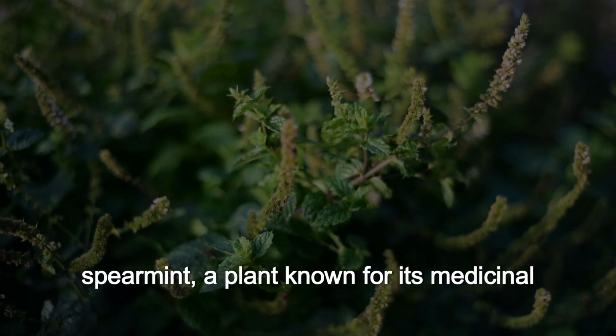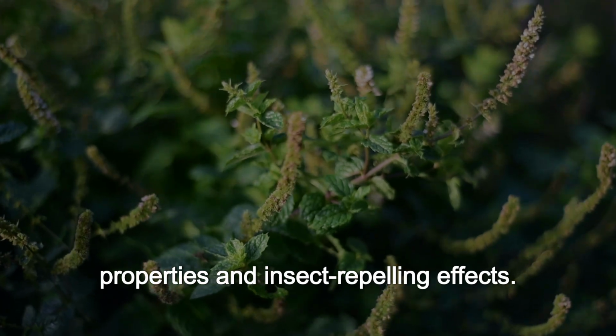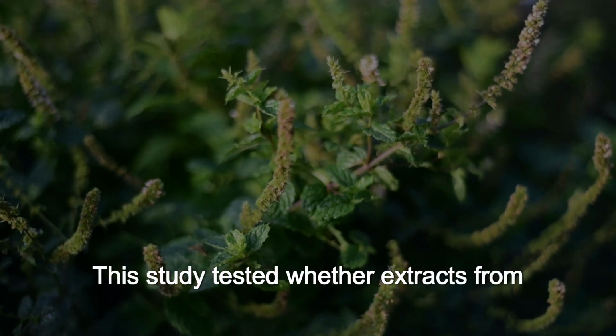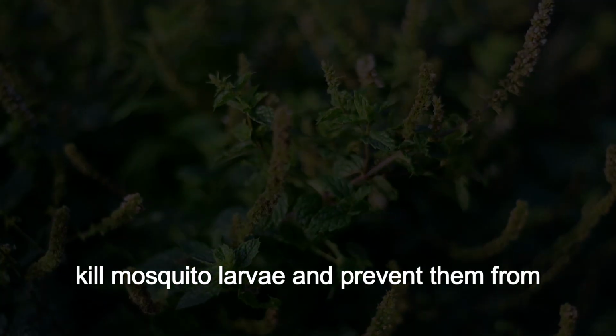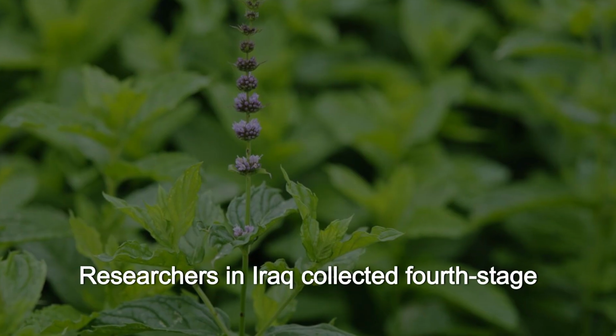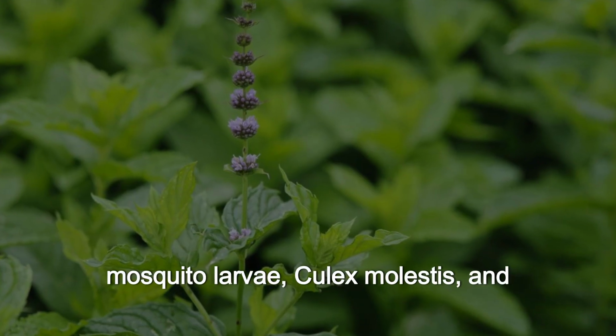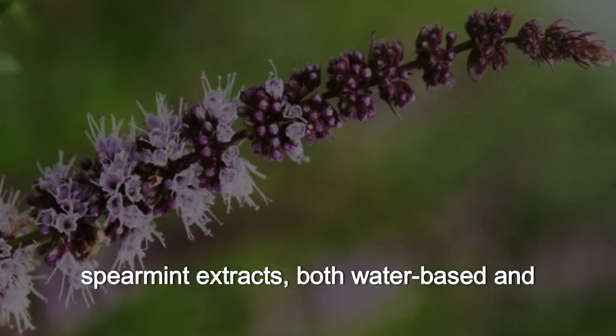One promising solution is Mentha spicata, spearmint, a plant known for its medicinal properties and insect-repelling effects. This study tested whether extracts from spearmint leaves, stems, and roots could kill mosquito larvae and prevent them from growing into adults. Researchers in Iraq collected fourth-stage mosquito larvae, Culex molestus, and exposed them to different concentrations of spearmint extracts,